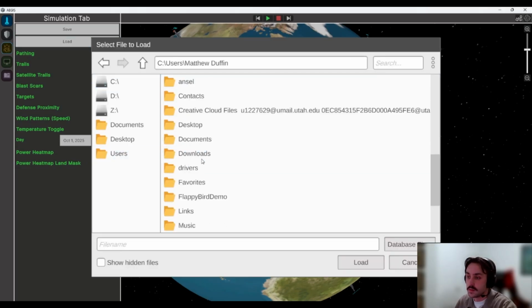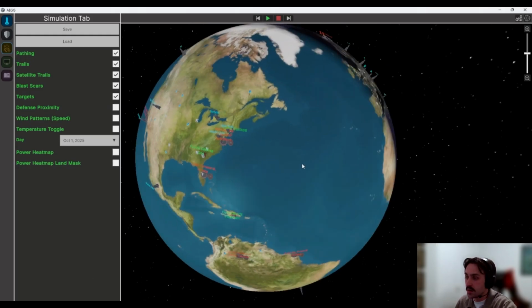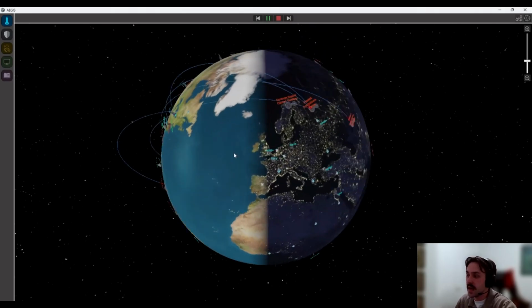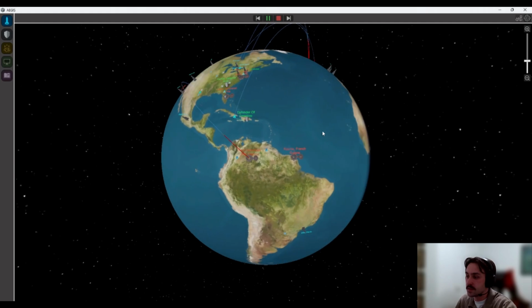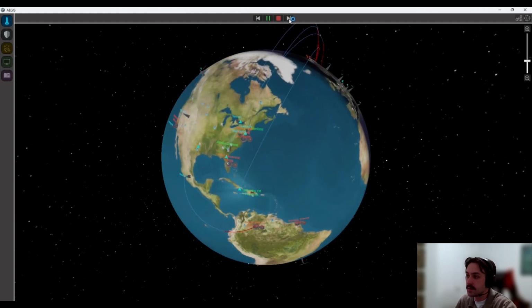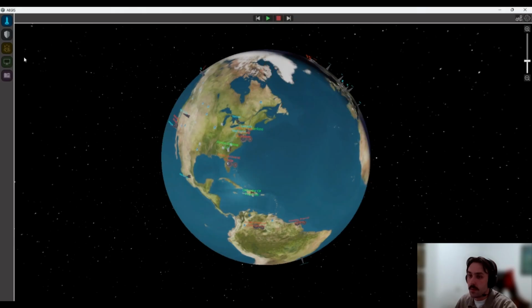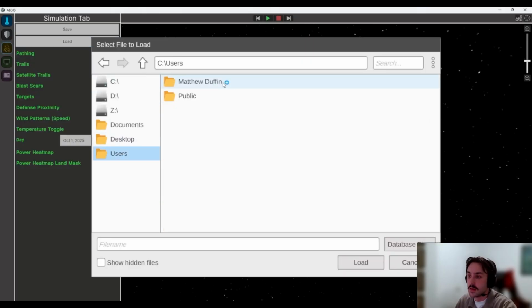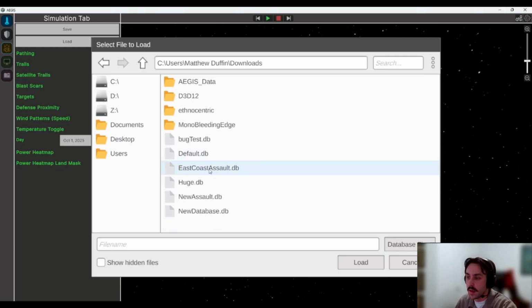We can jump into this file here, which I wanted to load in, which is a preloaded simulation with a lot of other things going on. So once this clicks play, you'll see a bunch of different things happening here. You can see several missiles firing, a bunch of interceptions happening, and things along that nature. But let's keep ramping up the ante. We can load in a larger simulation to show the maximum effectiveness of AEGIS to simulate large-scale battles.